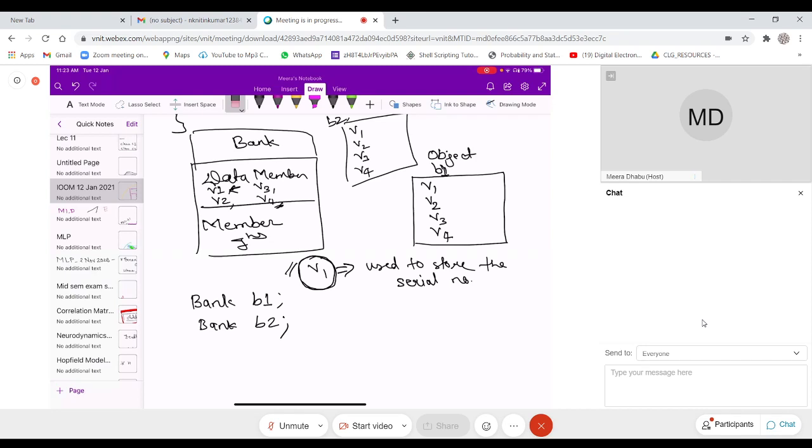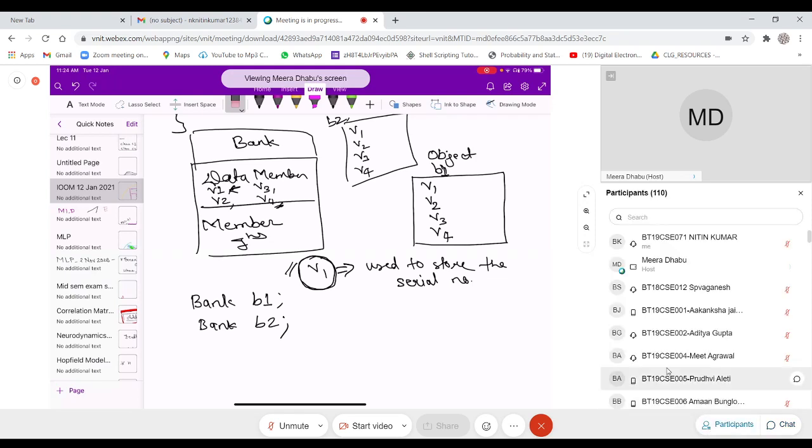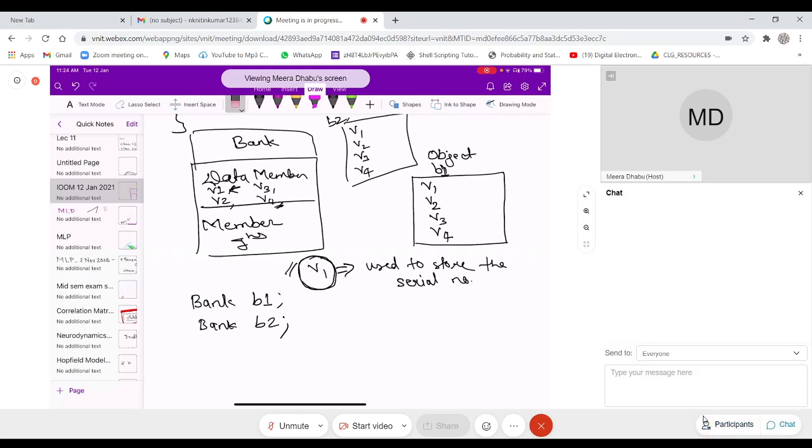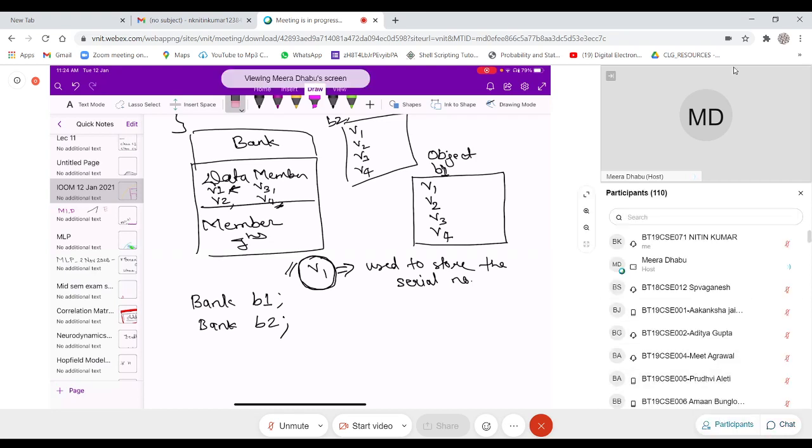In reference to the bank, I will say that I want to give a sequential customer number. And that customer serial number will be stored in a variable V1 in our case. But after creating an object, who will convey which sequence number it should take? Assume that right now this is the 1. So here the value of V1 should be 1. Here the value of V1 of B2 should be 2, and so on.